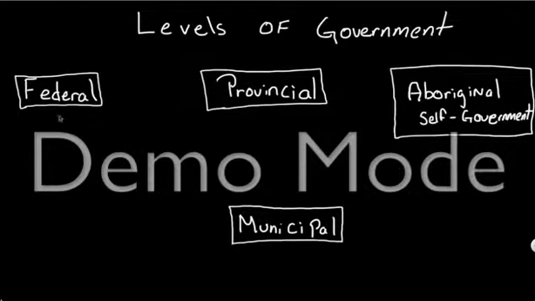We have the federal level of government, which is parallel to the provincial level of government. And this is where things I've changed a little. Generally, we would have the municipal government up here, parallel to the provincial government. But I think these changes, having the Aboriginal self-government agreements and the municipalities down here, more accurately represents how things